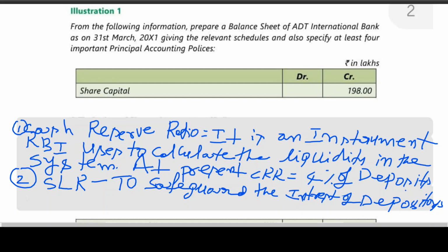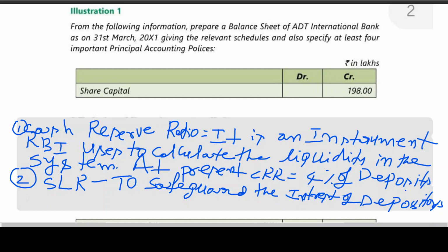The percentage of SLR is changed by the Reserve Bank of India from time to time. In the answer, registration number 1, they have taken it as 23%. I think that has not been updated. At present, that is on 31st March 2020, it is 19%. Now in your material they have given 20.75% from October 1st 2016, 20.5% from January 2017.